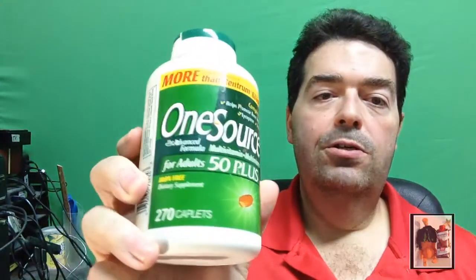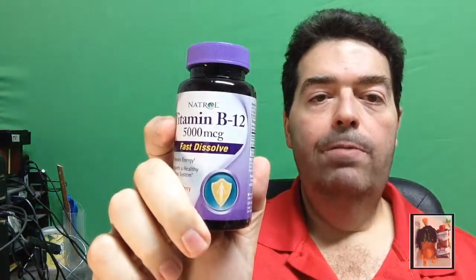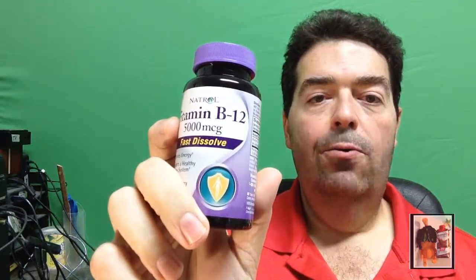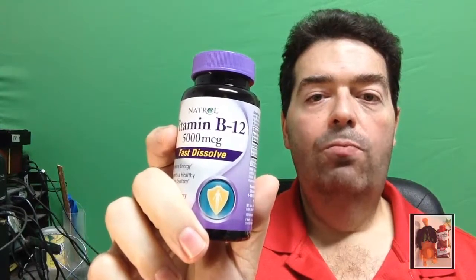And this frequently asked question is, what types of vitamins are you taking post-surgery? And the ones that I'm taking are pretty generic. I have my multivitamin, which is one source, which I picked up at Sam's Club. And I take a sublingual B12 vitamin, which I picked up at Walmart. These are tablets that go under your tongue, and you let them melt under your tongue to absorb the vitamin